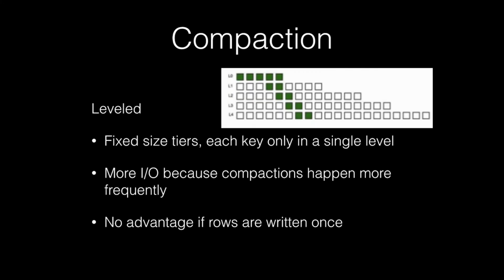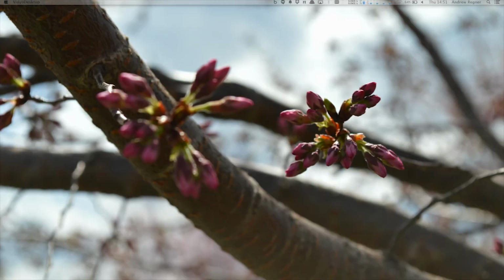The other strategy is leveled, which means it creates multiple levels internally for your SSTables, and it guarantees that your given row will only ever exist either on level 0, the highest, most volatile level, or in one SSTable for any of the other levels. So what it does is it has some threshold where it will say